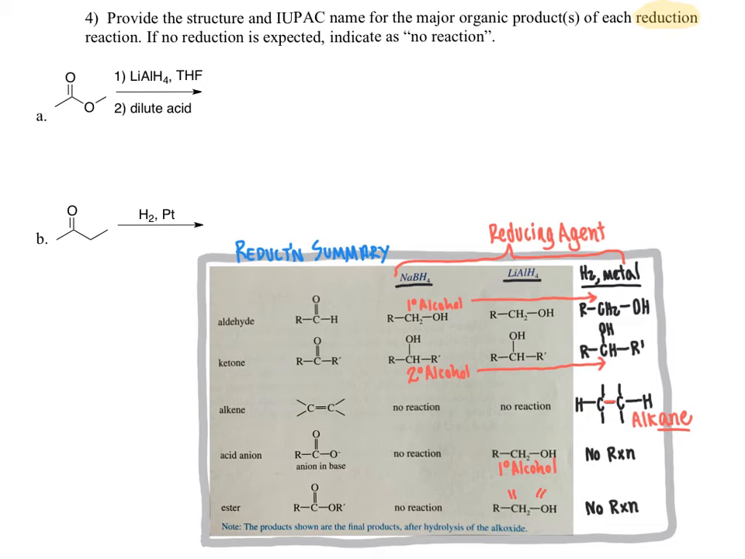So in order to match the structures up top with the reactions down below and predict the product, we need to know what functional group we have here in part A. Indeed, that would be an ester group. We are reacting the ester with lithium aluminum hydride followed by dilute acid. So what happens here is that the first step of this reaction with lithium aluminum hydride is going to reduce